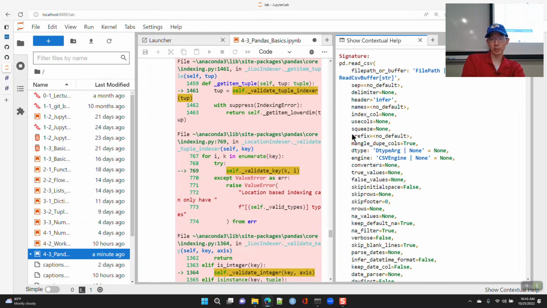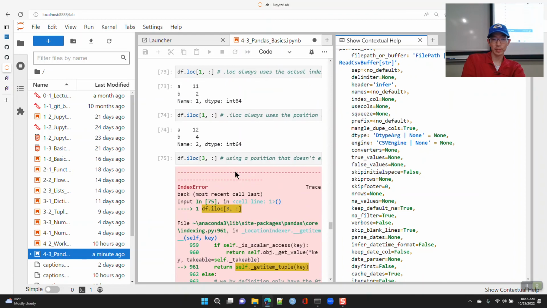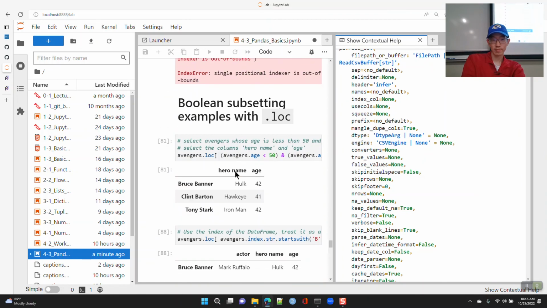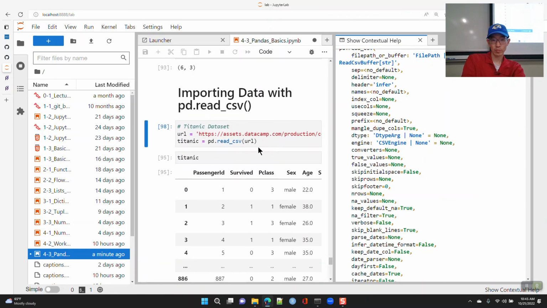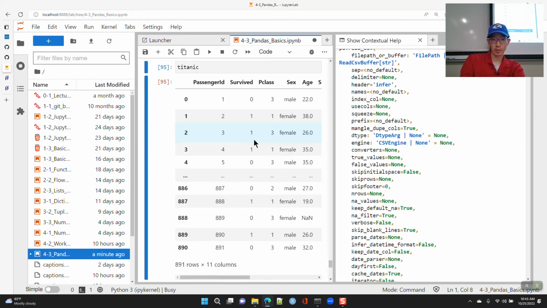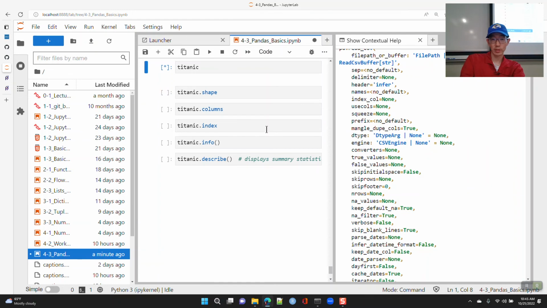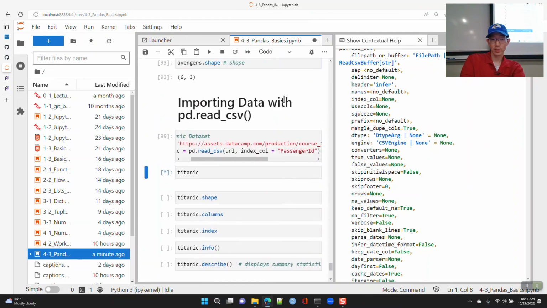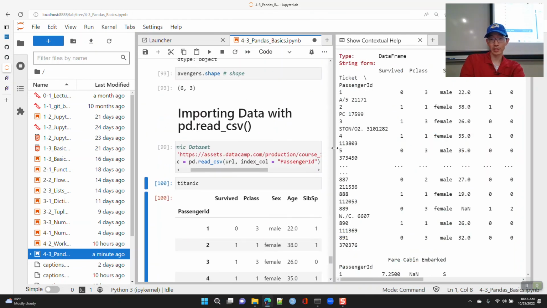Oh, index column, that's what it is. Index underscore column, I think. That seemed to have worked. Okay, it did.